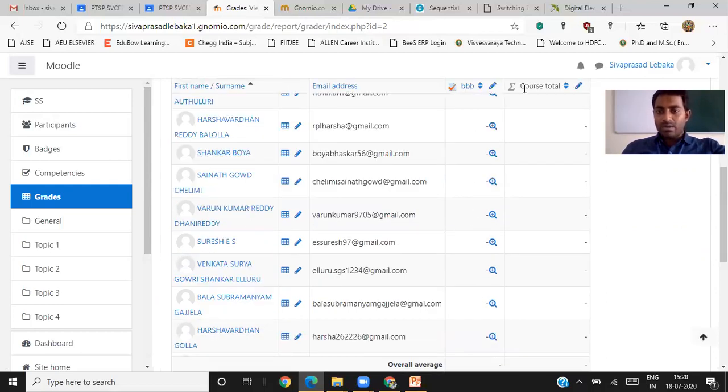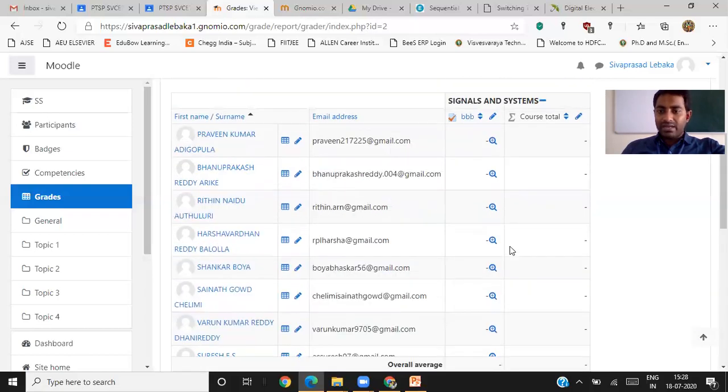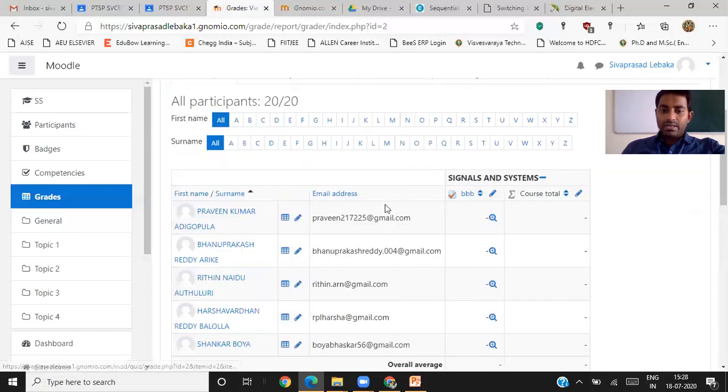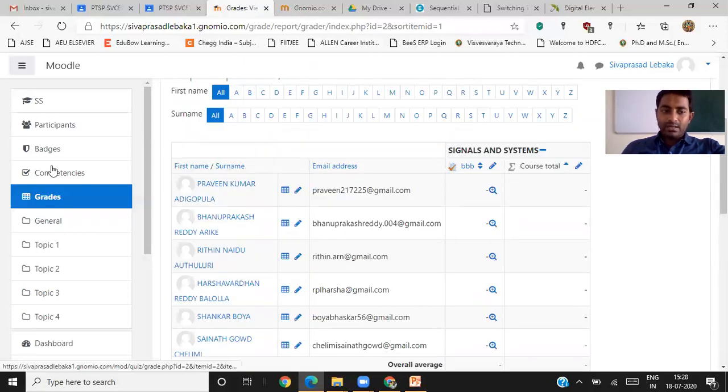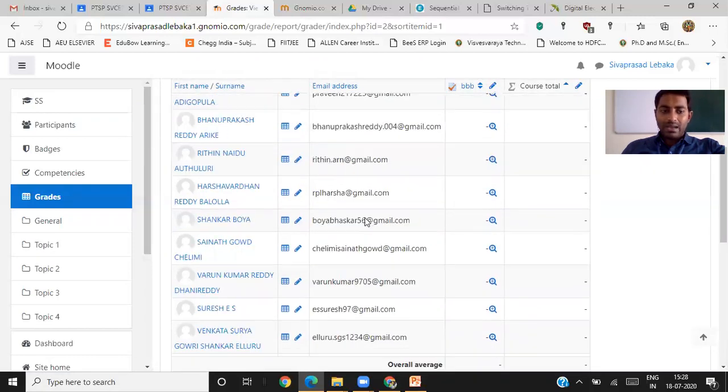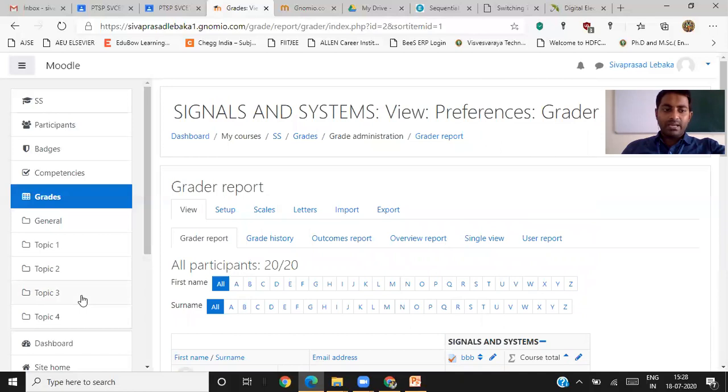And suppose I have conducted one more assignment examination here. If they upload that assignment, then we will get an option here itself to grade that assignment, and we will get an option called PDF. Finally, the course total marks will be calculated. So it will be very convenient for the faculty members to immediately look into this, and you can find out which students are doing better and which are dull in what type of examinations. By applying filters also, you can immediately check.